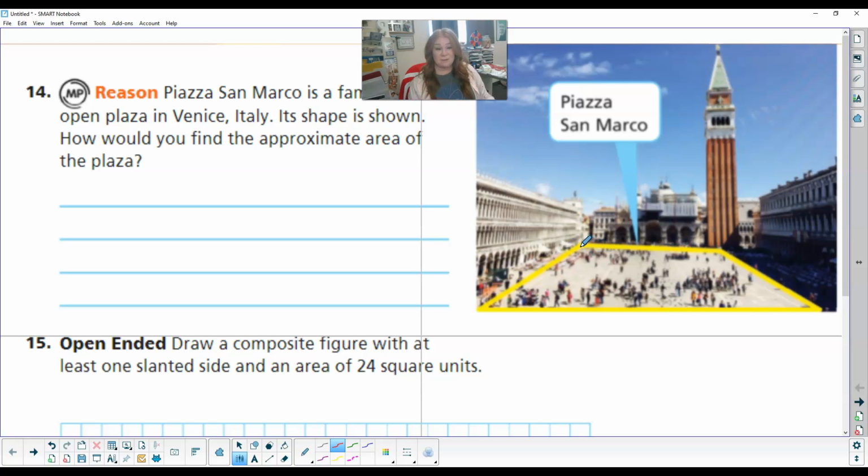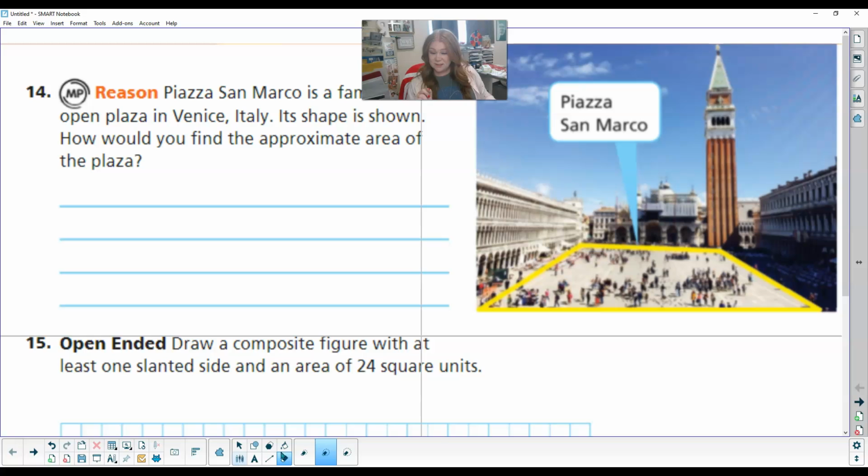There are lots of different ways that you could do it. I could cut it here and ask, what is this base? And I could measure the height here. I could say, what is the base here and what is the height here? So that's one way I could explain it. You can draw a picture of that as well. So another way